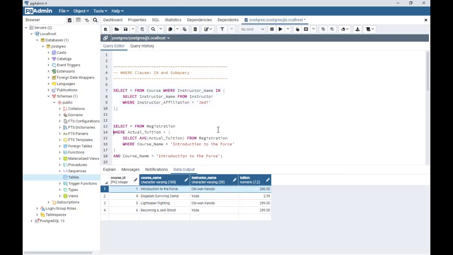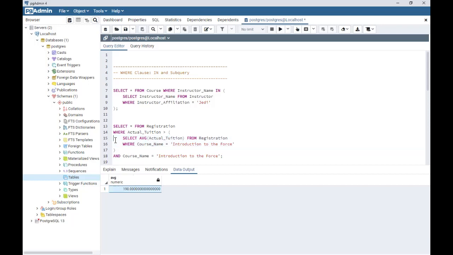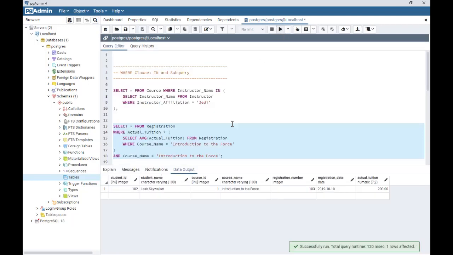But then here we have the select average. What's the average tuition of this Introduction to the Force? It is 190. And you can see that this subquery is indeed returning one single value, right? And I'm going to use actual tuition greater than this single value to see who's paying a higher price than average. Okay, it's Leia Skywalker,